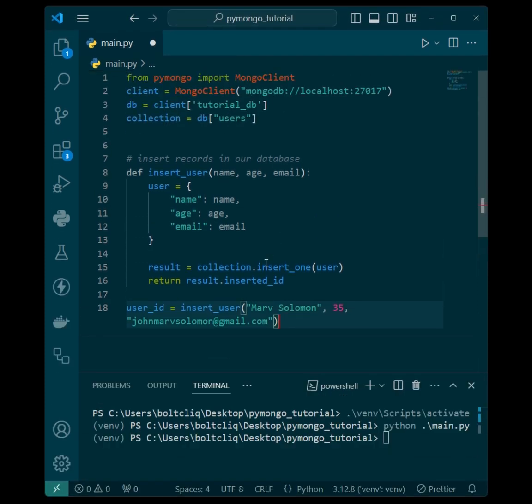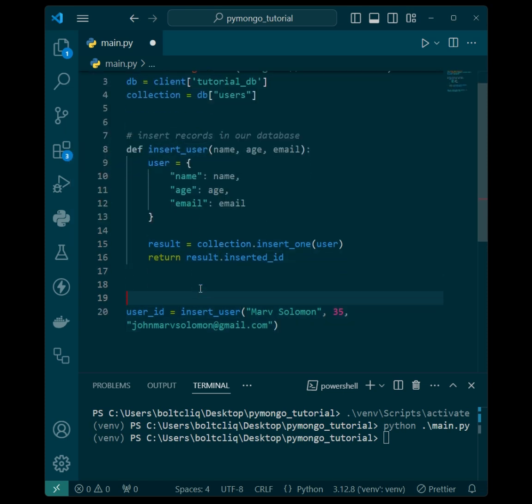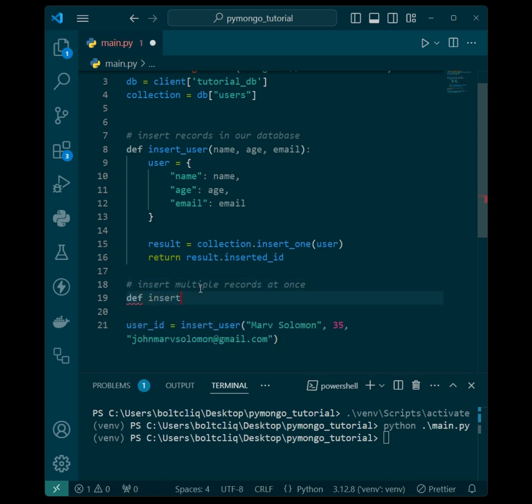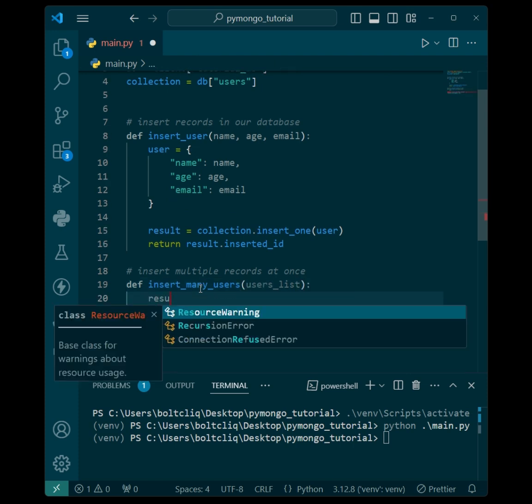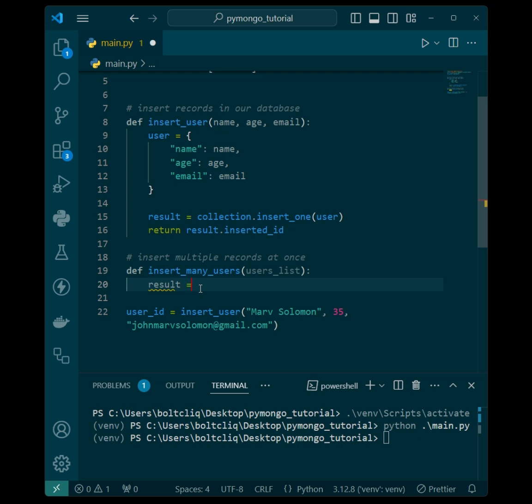All right. So yeah, I'm simply going to create a different function for inserting multiple records. So I would simply say insert multiple records at once. This time around, we're going to have a function called insert many users, and we're simply going to accept a list of users. Let's call that users list. Okay, and next we're simply going to say result equals